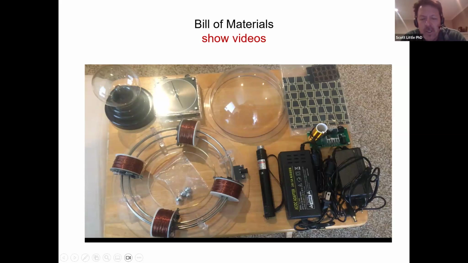And then finally, there's a smaller Tesla coil that I just built as a kit just to get familiar with it. I just wanted to practice my soldering skills. And then a couple of power supplies for all this stuff. So you can see it's just really small scale, tabletop stuff to play around with, to try out some of these principles.